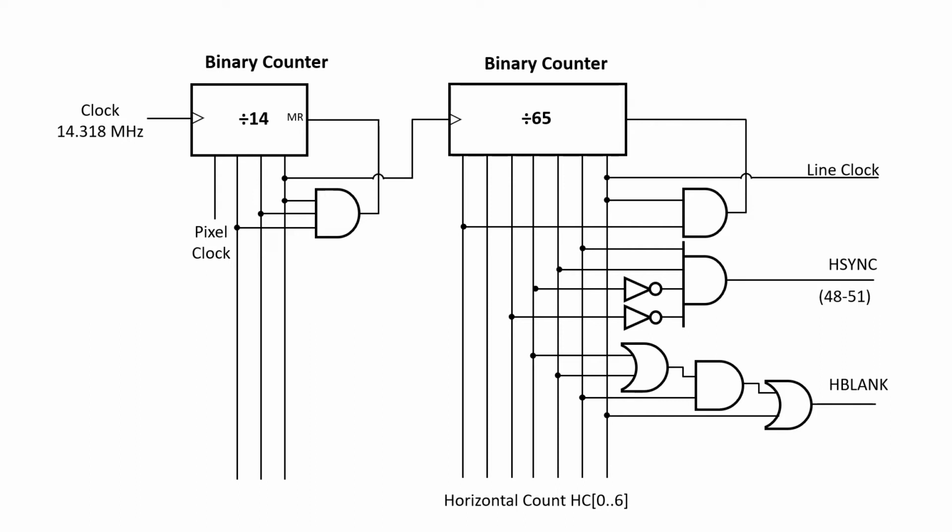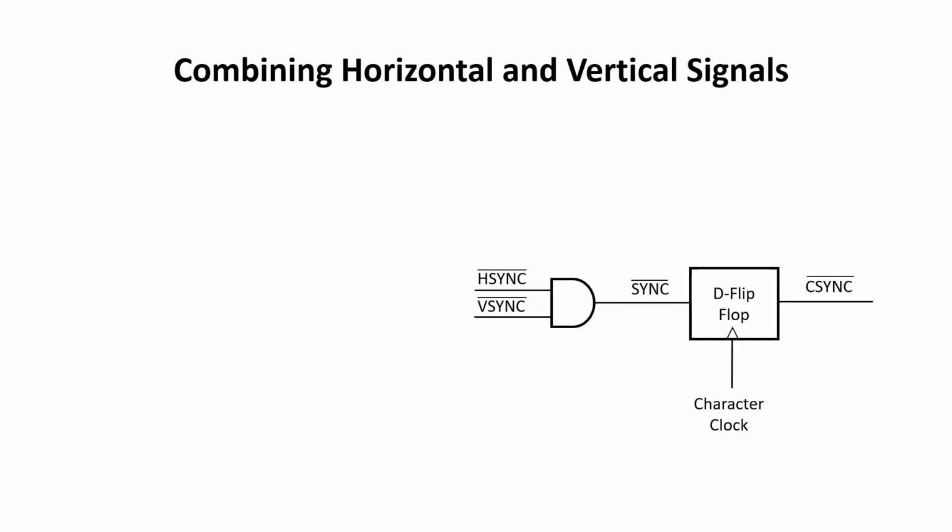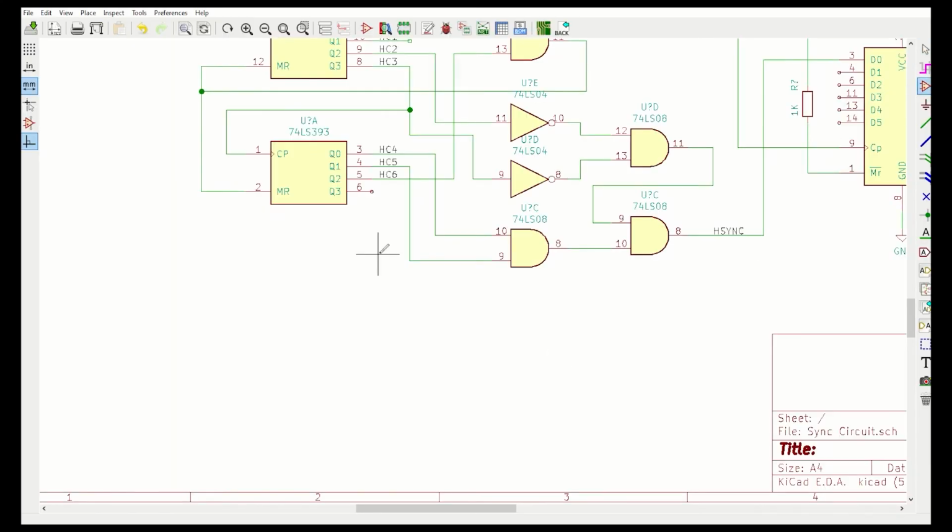Now I'm getting to the point where I want to start testing this circuit on a monitor. So I need to start combining all these horizontal and vertical signals. So we've generated a vertical sync signal that's active low, which is why it has the bar above it, but our horizontal sync signal is active high. So the first thing I'm going to do is add an inverter to make horizontal sync active low. If I do this, I can just AND these signals together, and I want to run it through a flip-flop to clean it up, and this is our combined sync. Similarly, I can OR H blank and V blank together, and this generates our overall blank signal, and active is just the inverse of blank.